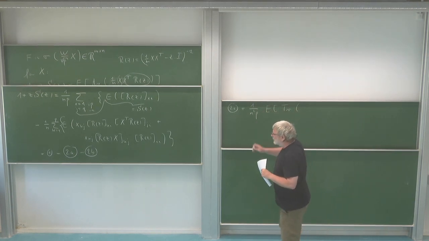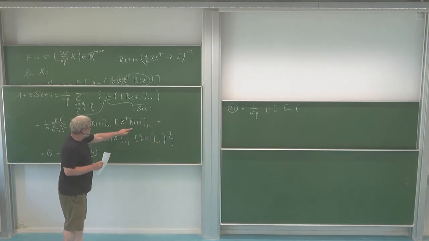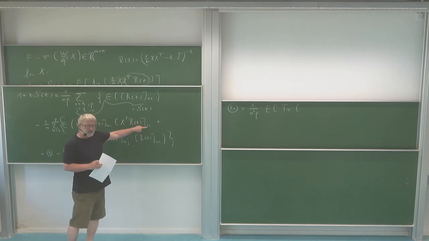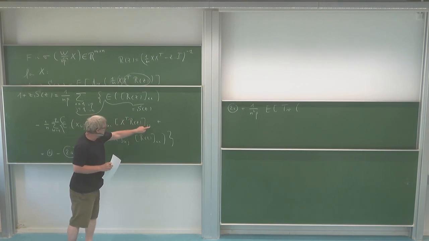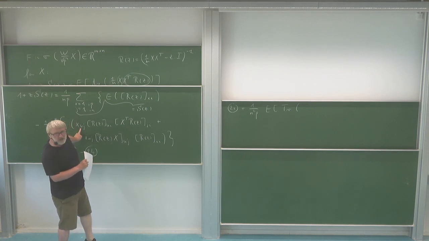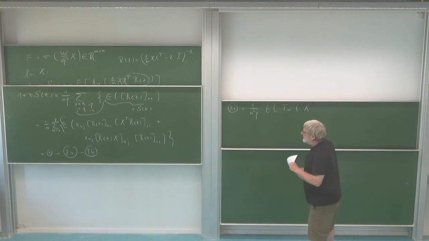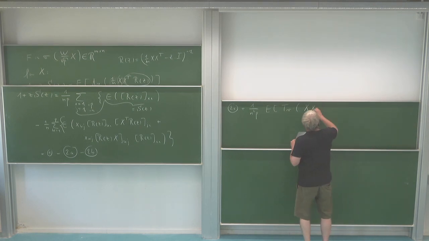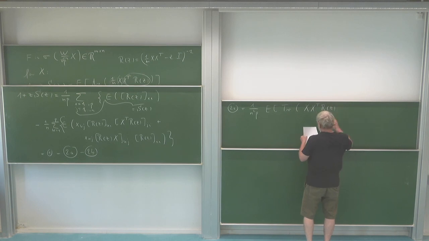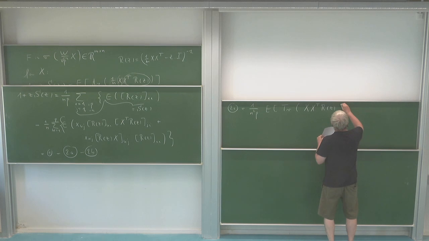and then I have to multiply things in the right order. So let's say I start here. This is the matrix X. Then I continue here because I have here j. This fits together. Then I multiply it with this, and then I have the i. So I should have the i here at the first position, which means I take the transpose of this. And then I have here the k at the end, which fits with the k here, which is the effect of the trace. So I have here the multiplication of X, then the X transpose R set, and then the transpose of this other resolvent, R set transpose.